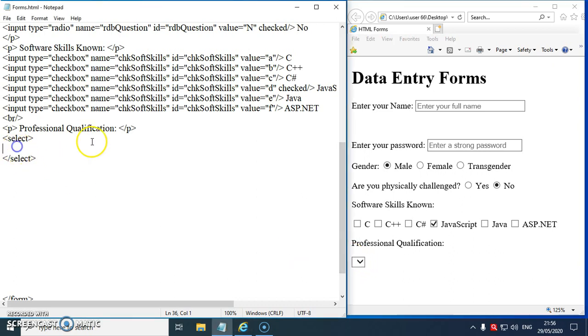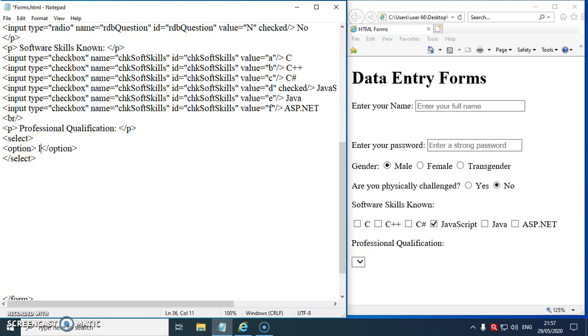And how do we create options? To create the options, we need a pair tag again, known as option. And the option tag is a child of the select tag, so it should be written between the select and the select close. And as it is a pair tag, it always includes a text between them. So what goes between the option and the option close? You have to display the options. This drop-down box should display what options? Those texts should be displayed here.